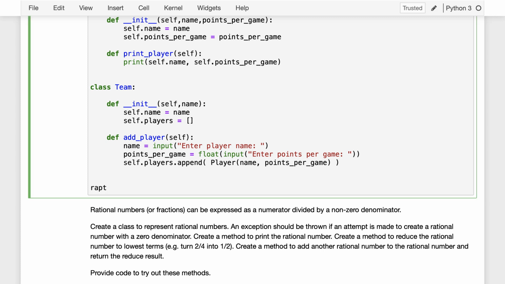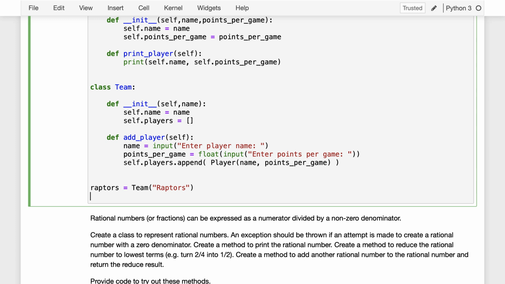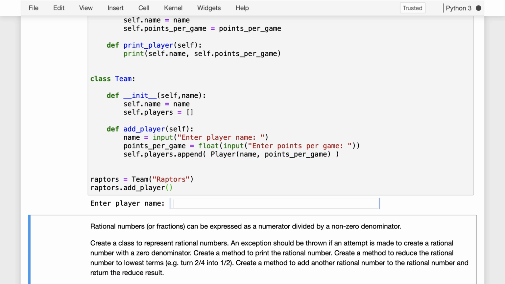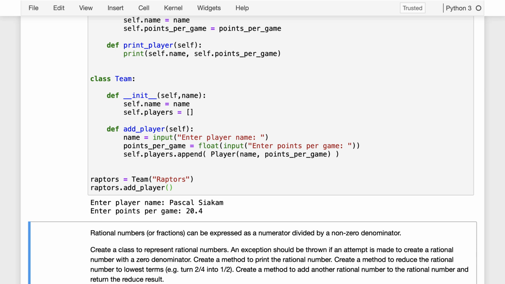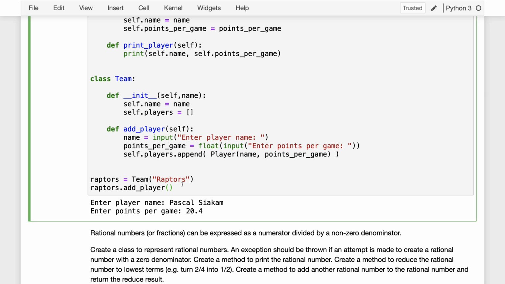I should be able to say Raptors is equal to Team, and we could say Raptors here, and I should be able to say Raptors.add_player and call the method. And I should be able to put in a player and a points per game, and it's all good. The only thing is, if I were to do something like this